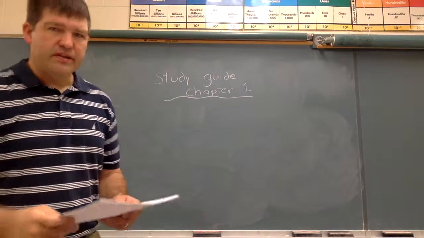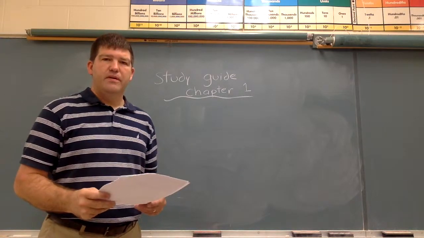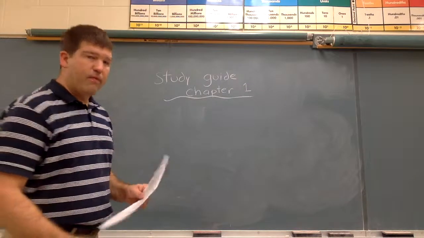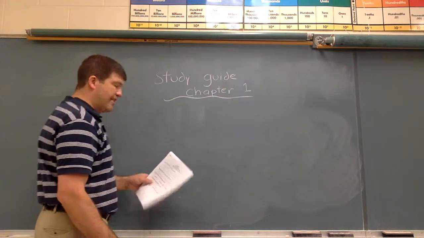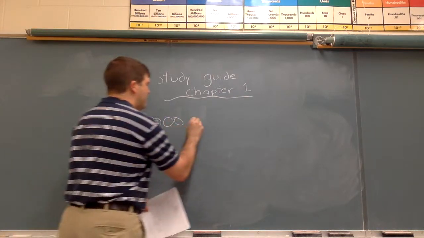Number 3, it talks about which one is the least of these. If you line those numbers up, you should be able to figure out which one is the smallest. Number 4 talks about what number is 2,000 more. So we want 2,000 more